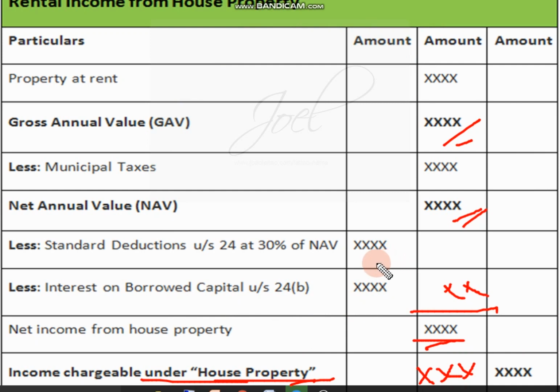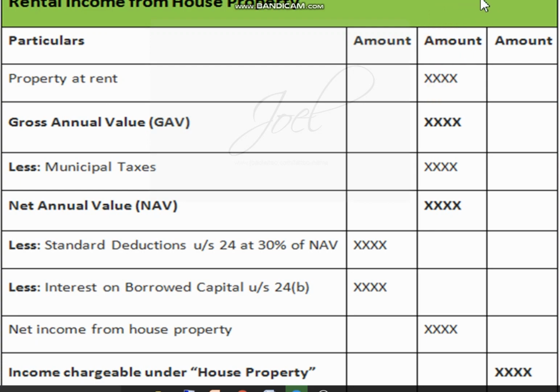If you have more than this, then again 1, 2, 3, like that, house properties you have to consider, and you have to do the total of these particular house properties. And remember, this is for those house properties which are already let out. If you are owning your own house property, then no such deduction is to be considered. Yes, so this is what we should know as a basic thing.